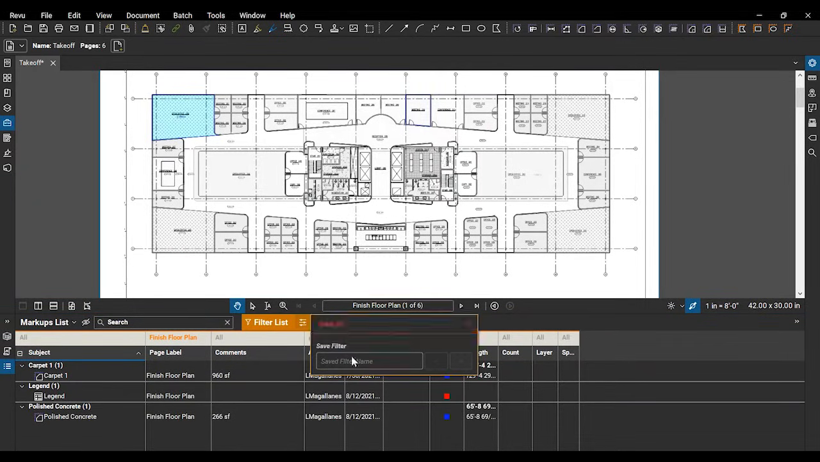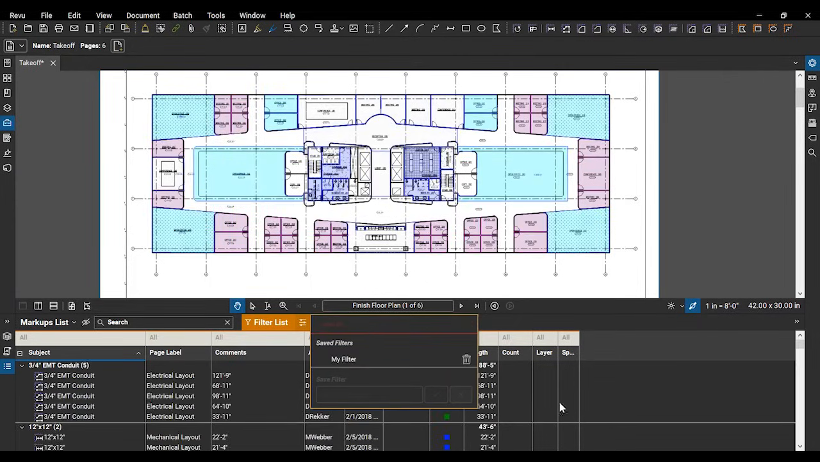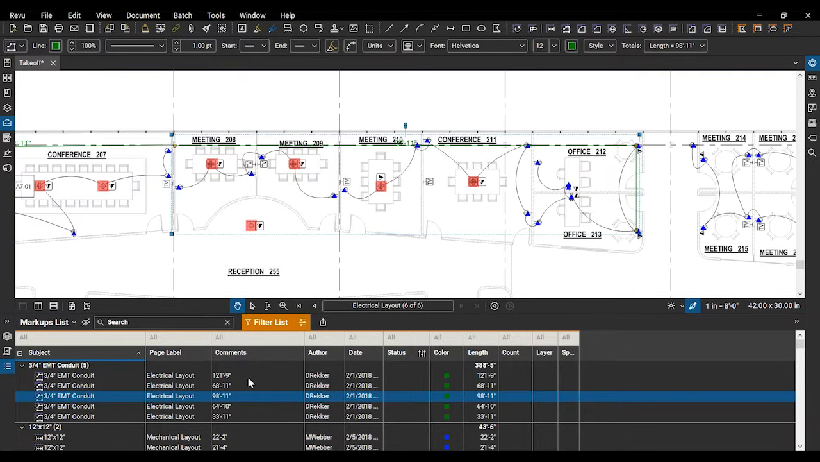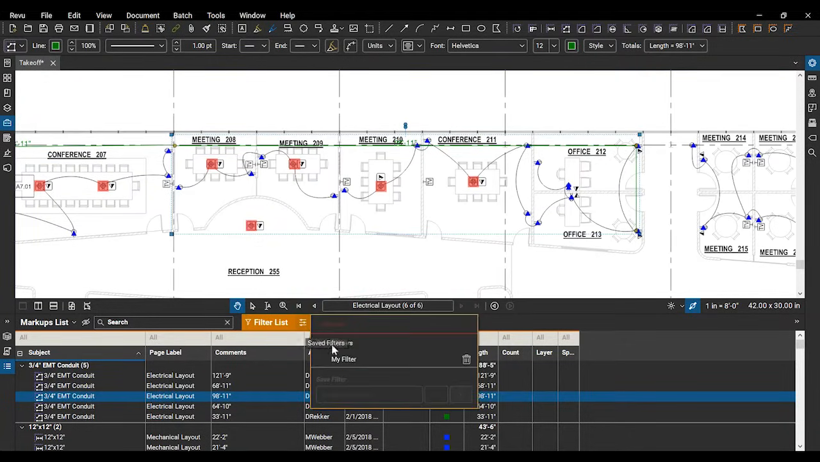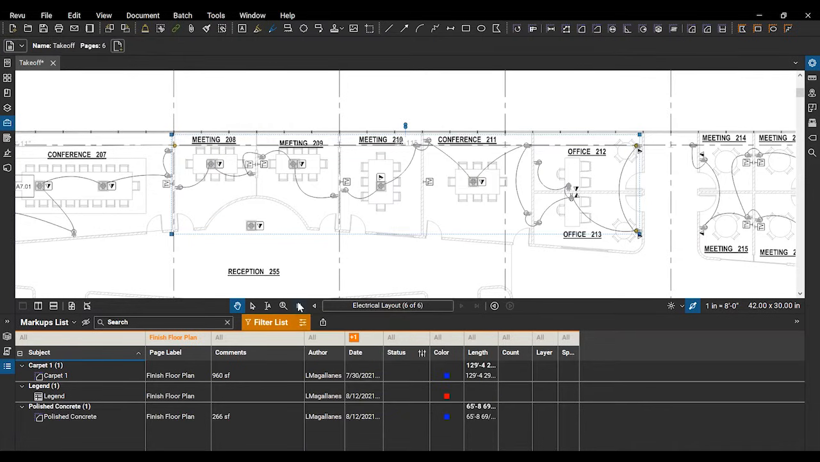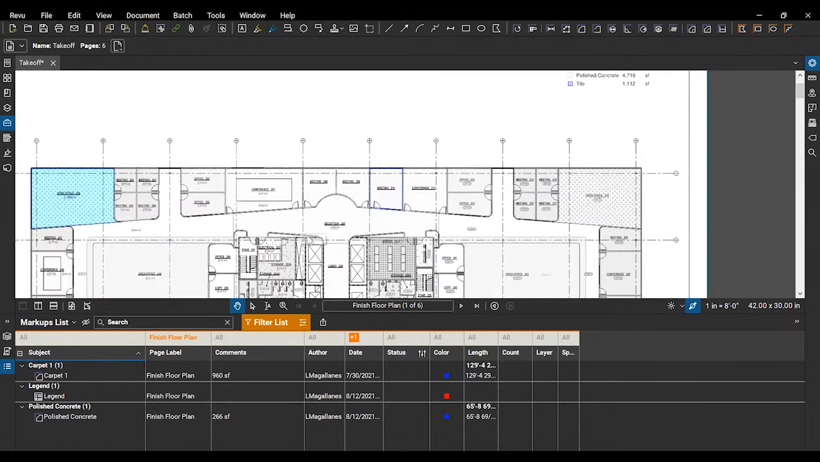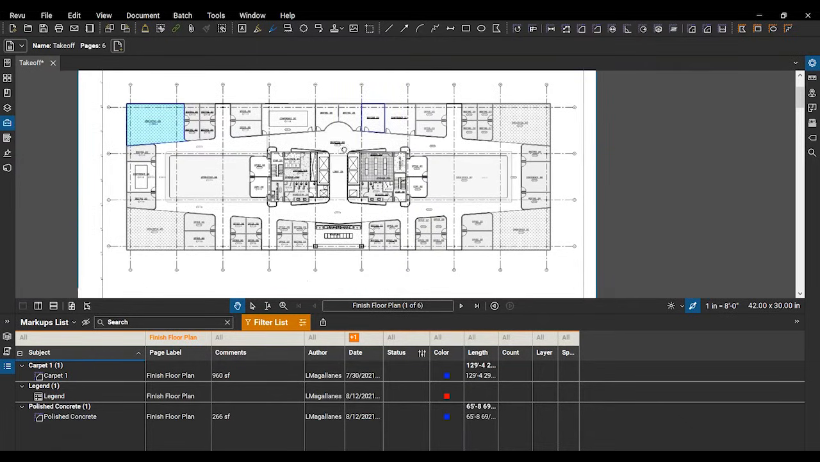Additionally, you can save your filters. If you set up a number of filters in your markups list, you can go ahead and save that over here. Filters, so that over here. And now I have this filter saved for later. So if I clear it, turn it off, I can just as easily go back and reset my filter. And of course, go back to the first page. So that's a very useful way to keep your list organized and keep yourself focused on what you need to